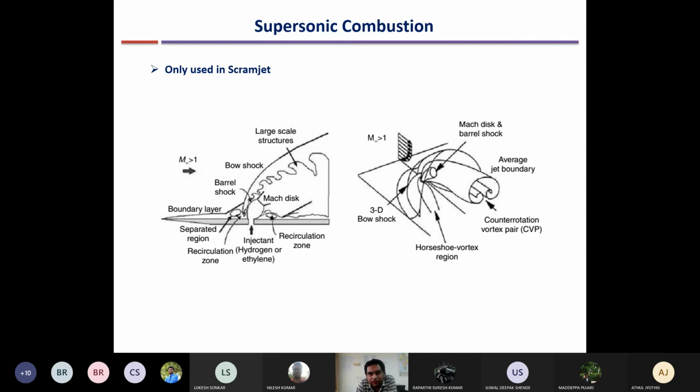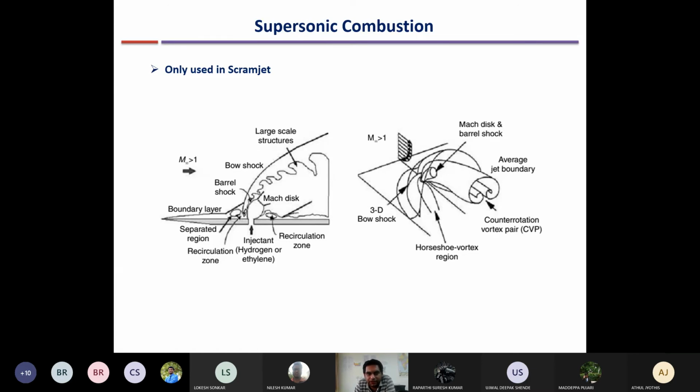So the temperature itself goes very high at the inlet of the combustion chamber, and at the exit of the combustion chamber you have a certain limit, right? You cannot go beyond that. Materials will fail. Although there are no turbines, still there is a material limit for the nozzle. So you cannot go to very high temperature. So the temperature difference between the inlet and outlet of the combustion chamber is reduced. As a result, you can only impart a small amount of energy in the combustion chamber. So at very high velocities, ramjets or other types of subsonic combustion are not suitable.